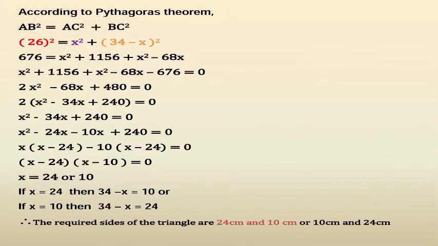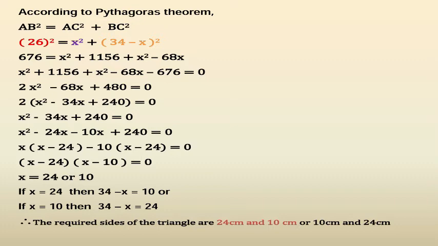Move to the next slide. According to the Pythagoras theorem, AB square is equal to AC square plus BC square. The procedure is the same, the application of the theorem is the same. The only new thing which you need to identify is that the sum of the two sides is given. So when the sum of the two sides is given, how to proceed with the problem? Consider any one side as x, so the difference from the total will be the length of the other side. Now we have two values after simplification, both are positive, so express your answers in both ways.